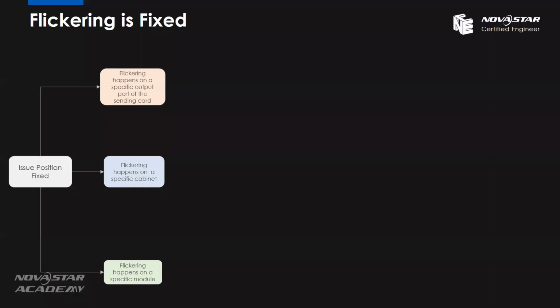First, if it happens on specific output ports of the sending card, what do we have to do? It's very easy. We can just exchange the Ethernet cable to another output port. For example, now you have a screen using 4 output ports, but the port 1 loading area is flickering. Okay, we can exchange port 1 with port 2. If the problem stays on the same old output port, which means after we replace these cables, the problem is still on this port loading area,